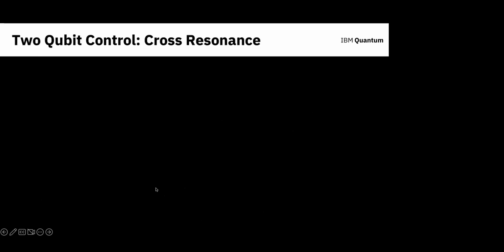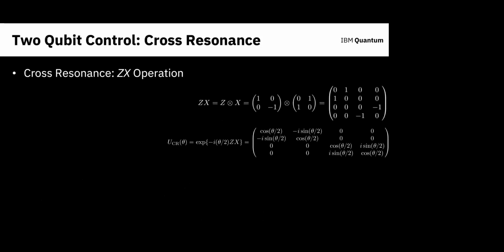Okay, so how do we actually realize this? Well, we use something called cross resonance, which is effectively a ZX operation. This is the kind of interaction you can generate between 2 qubits, and you can understand it like this. I can take my Z Pauli matrix and my X Pauli matrix and tensor them together to generate this 4x4 matrix, and then throw it in that equation I showed you earlier, and you get this 4x4 unitary matrix that describes the evolution